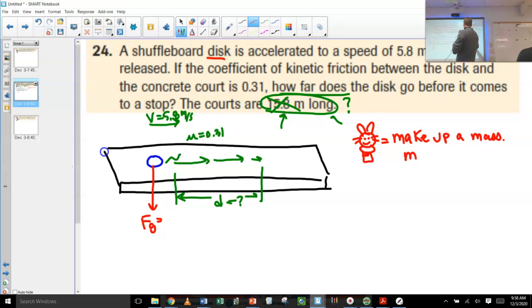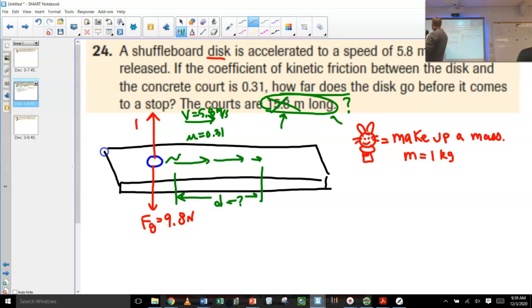I'm going to say my mass is equal to 1 kilogram. It probably doesn't matter, and let's see if we can figure out why it doesn't matter throughout this. So if this is 1 kilogram, then the force of gravity is going to be 9.8 newtons. There's a normal force acting up on this thing. It's on level ground, so that's going to be 9.8 as well. And then there's friction,